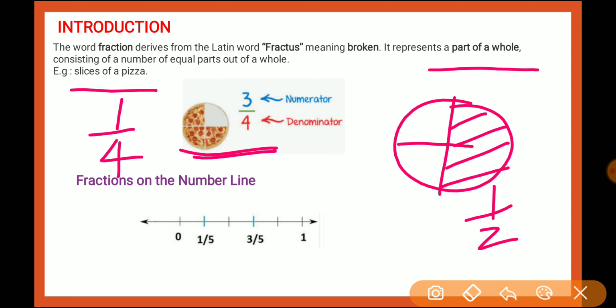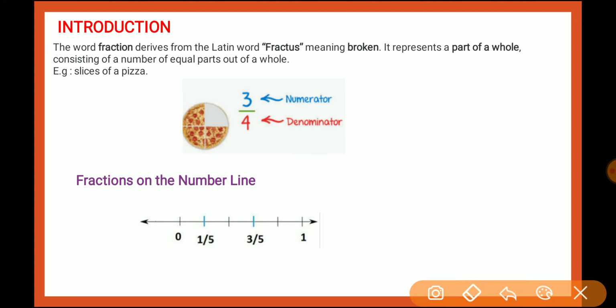And if I divide it into 4 parts, so now you can say how many shaded parts are there. Simply you can say there are 3 by 4 shaded part. So it is very simple, okay, to explain about fraction. Now here you can say about 3 by 4, it means 3 is your numerator and 4 is your denominator. It is clear to all of you.